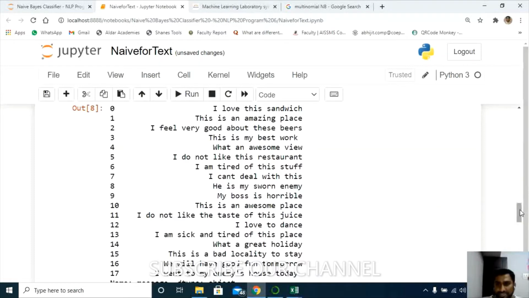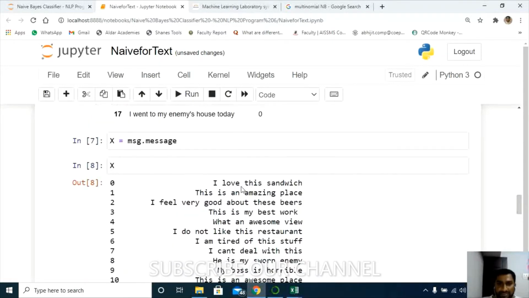Suppose I have "I love this sandwich". There is no meaning in the word "I" if you remove it from the sentence. These are called stop words. I have to remove them because there are no certain actions as far as these words are concerned.